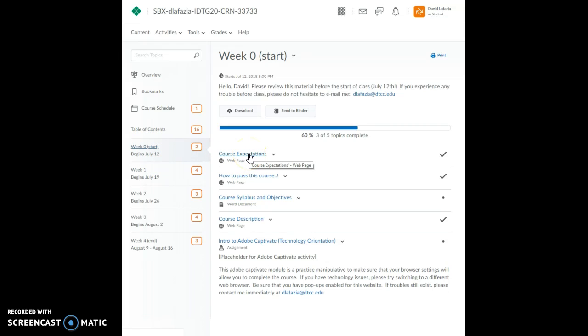And I go through the course expectations. This is an adapted form of the assignment that we had made earlier in the course. I teach students how to pass the course, basically what the basic expectations and requirements are, the course syllabus and objectives, and I link to these objectives all throughout the weeks, and a basic course description of my own. And then I have some Adobe Captivate modules or activities that I had put together for the Blackboard version,